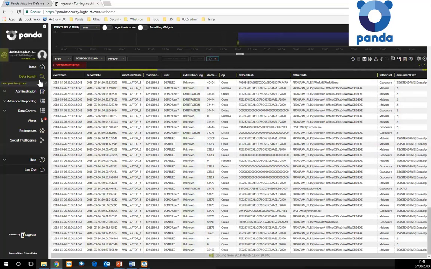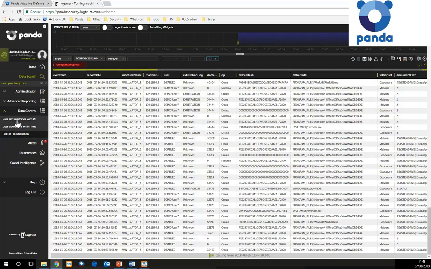So obviously at the moment, I'm looking in the event table. Now, if I go down to the side here, I have the section data search. And what we can find within here are these widgets. These are the preset widgets, and these are basically graphs and charts that are generated from all this data that we provide within the console.